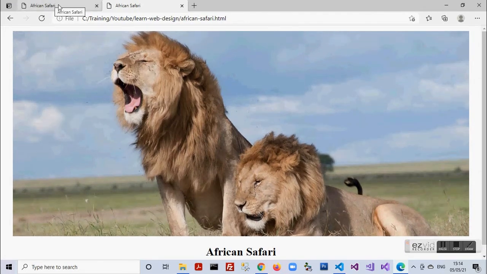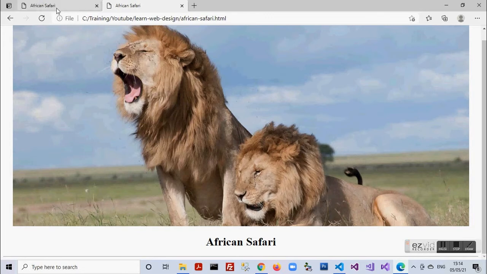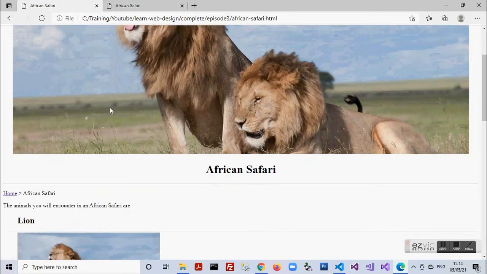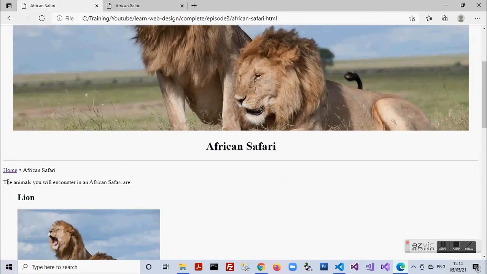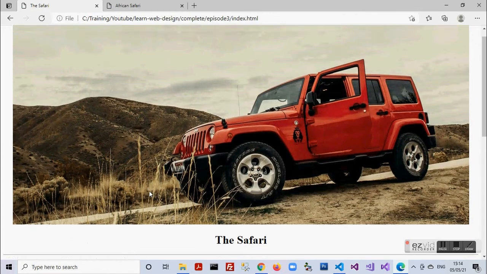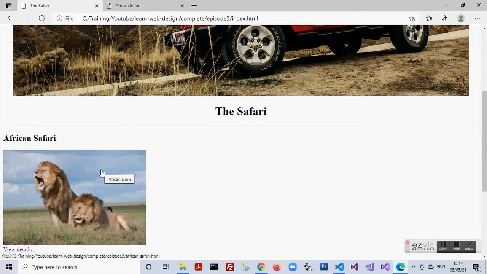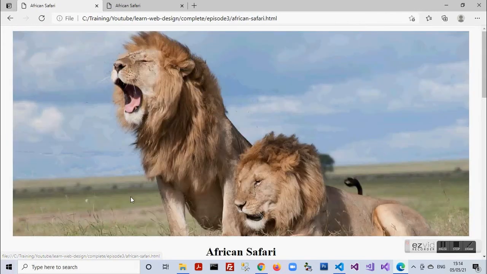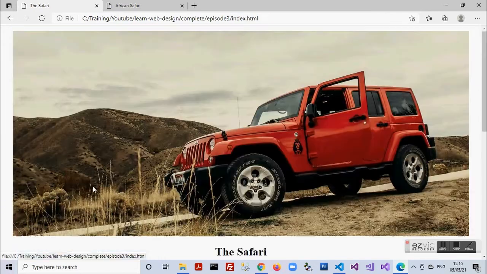So now moving on to the design again, we see that below this line we have a home hyperlink and we have a heading African Safari along with this. So let us see what the home link does. I'll click on this link. It again takes me back to my home page. So the linkage is two-way. I can move from the home page to the sub pages. I can move from the sub pages to the home page.